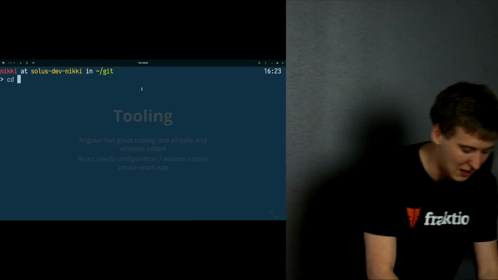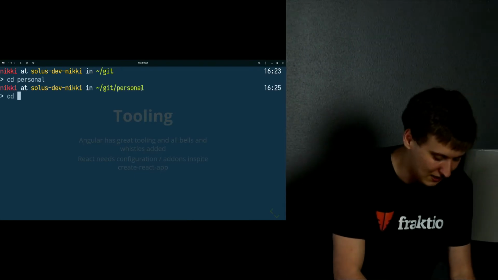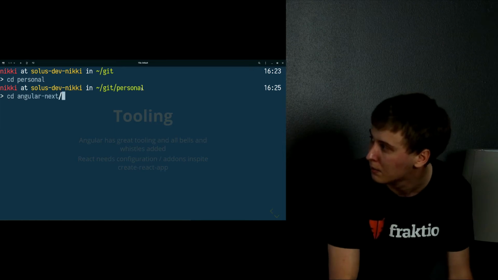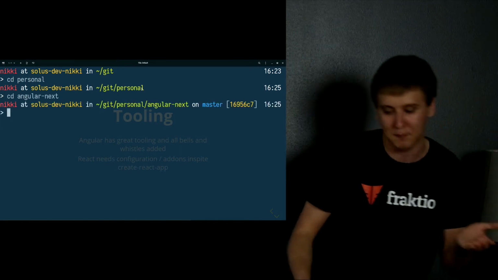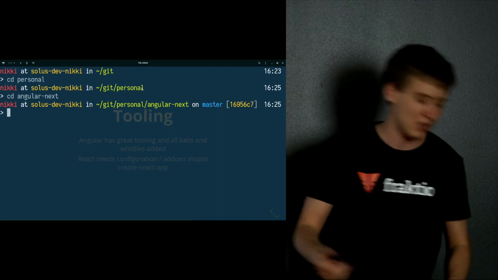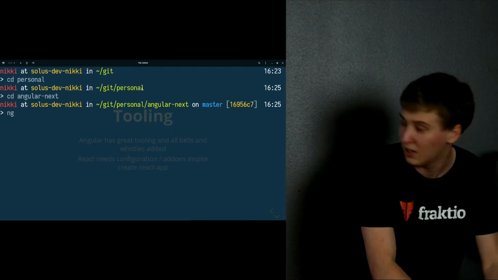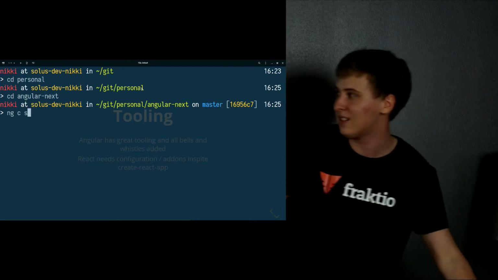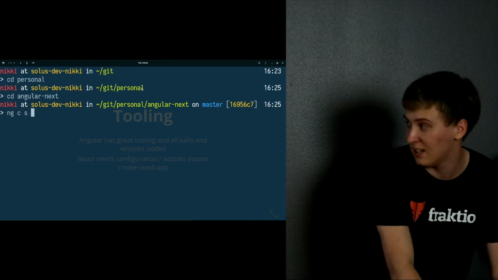So for example, here I have some personal project, Angular next. And here, if I want to have a new service, all I need to do is run ng create service. So C stands for create, S stands for service, and then the name of the service.